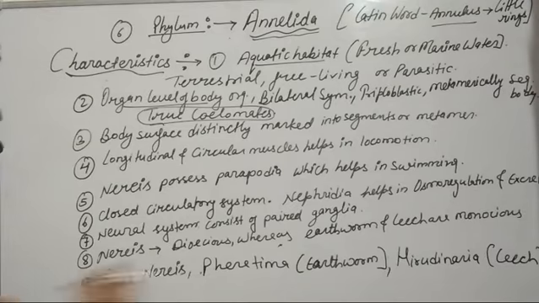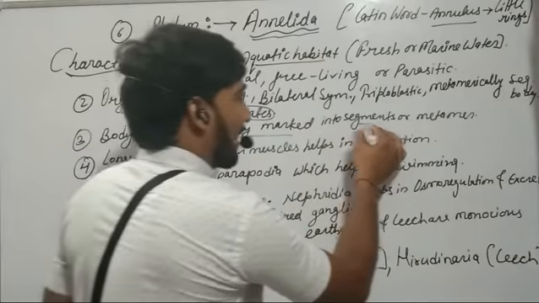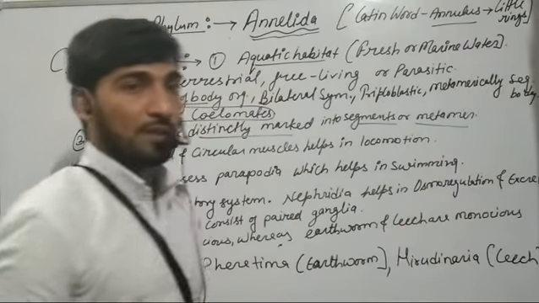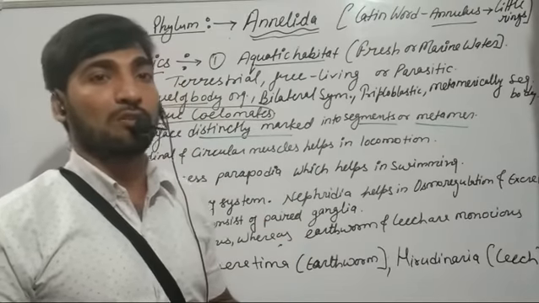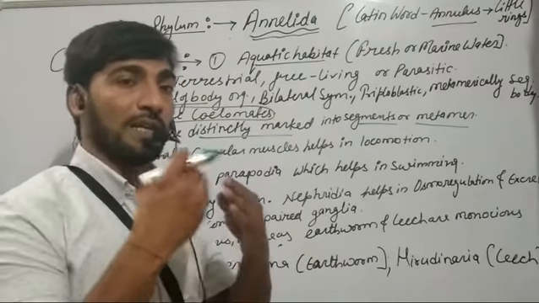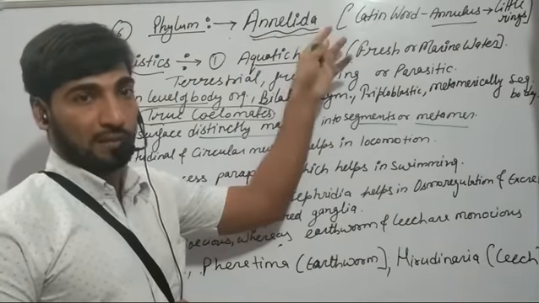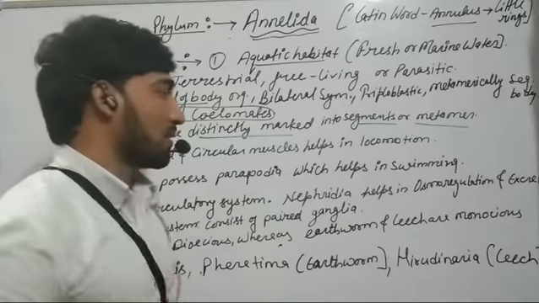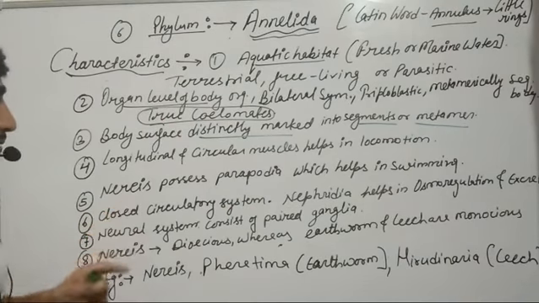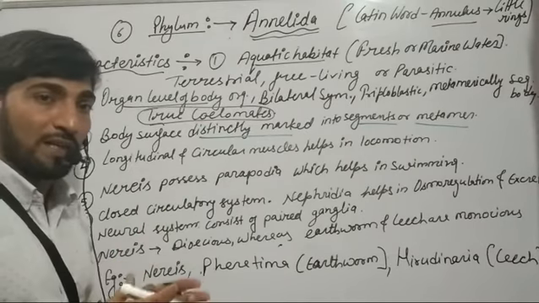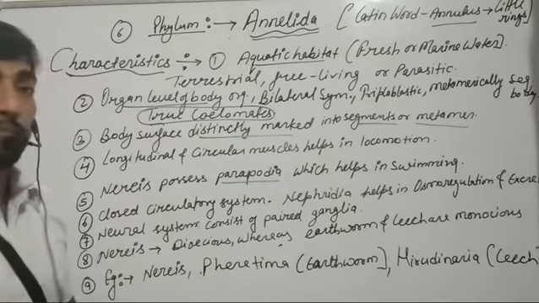Further, their body surface is distinctly marked into segments or metamers, and that is the name of this phylum, Annelida, which means the little rings. Further, Nereis is an annelid that possesses lateral appendages known as parapodia, and these parapodia